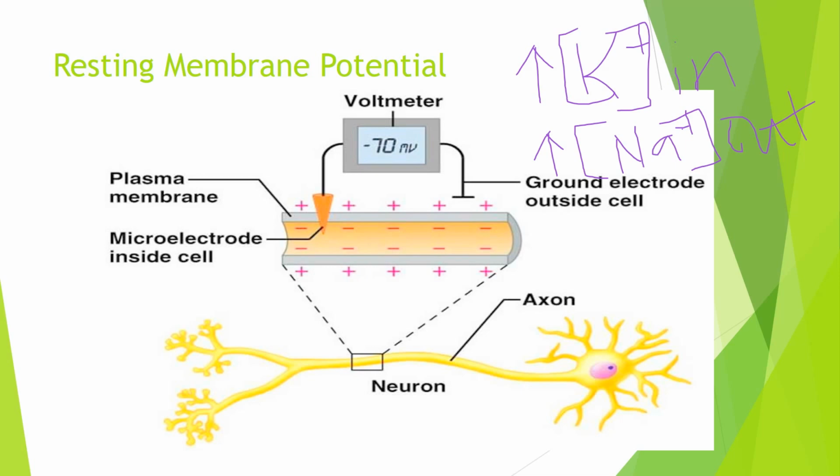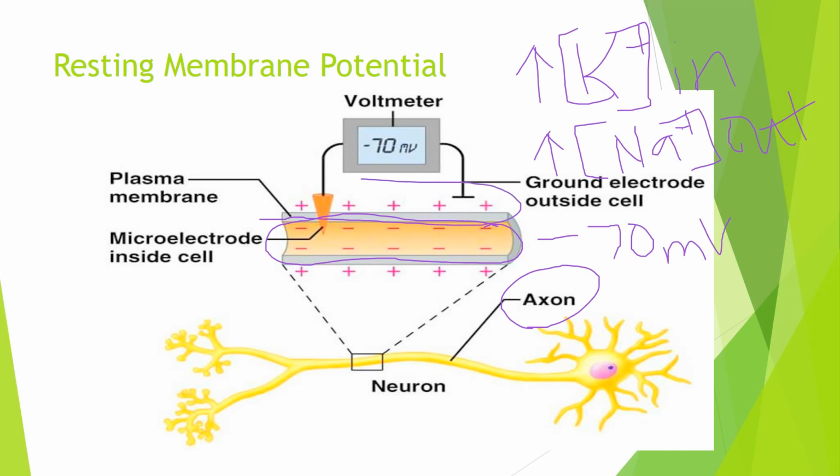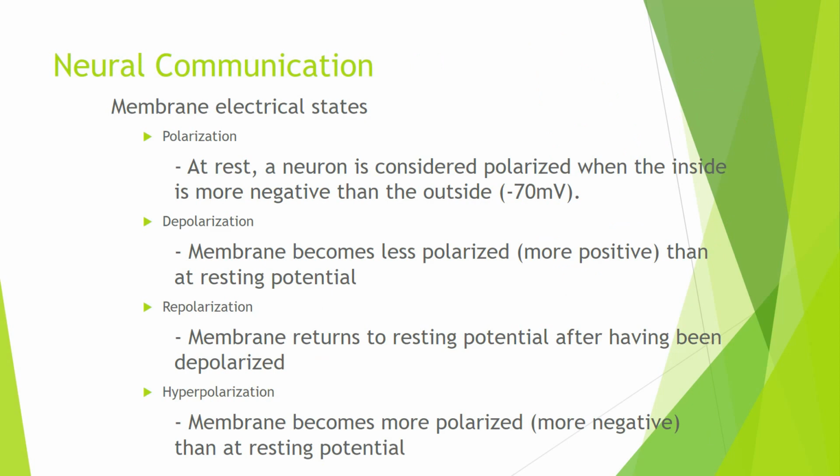Okay, so at any moment in time, this is true for any place within the axon. Inside, this just represents the axon is more negative, so it is going to be at negative 70 millivolts, whereas it's going to be more positive on the outside of that axon. All right, so we need to get into some terminology where we look at different electrical states of the